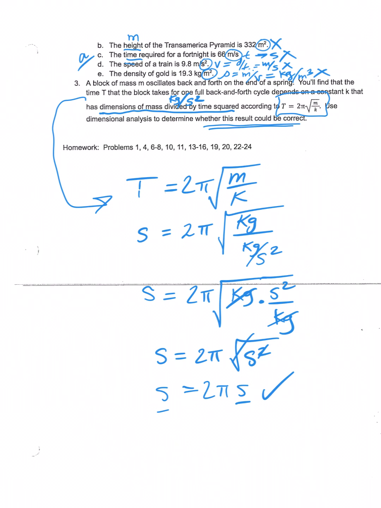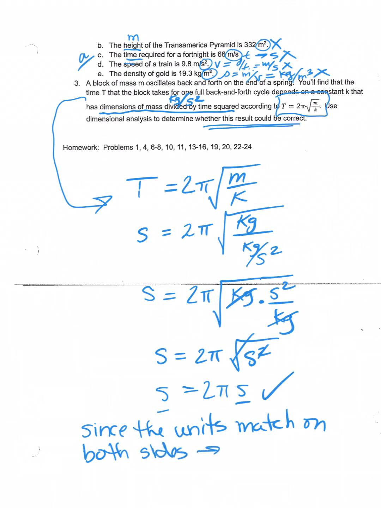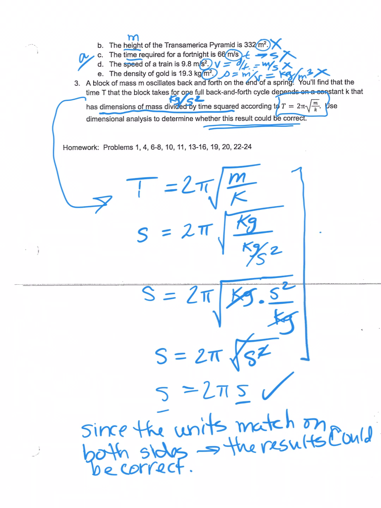So whether this result could be correct, the answer is, since the units match on both sides, the result could be correct. Notice I'm actually writing this as a sentence. That's a good habit to get into with AP Physics 1. When you're answering questions, notice that this is my quantitative, and this is my drawing a conclusion and stating it. This is my